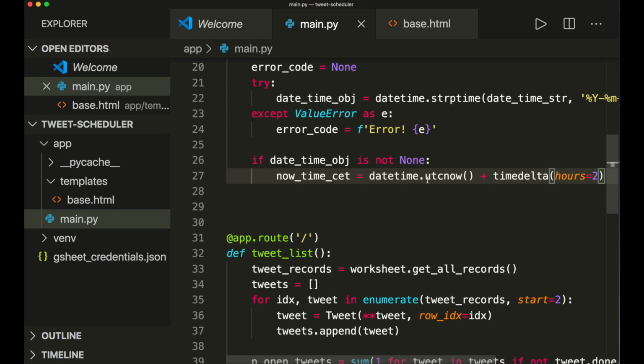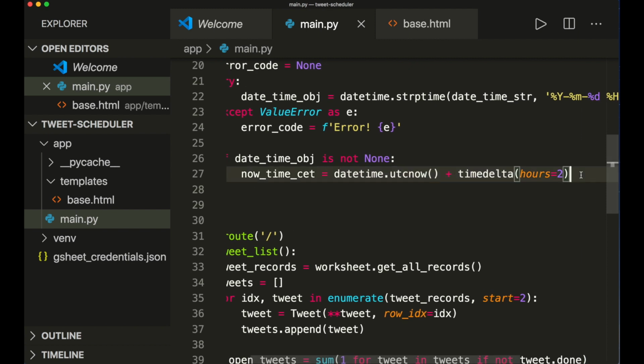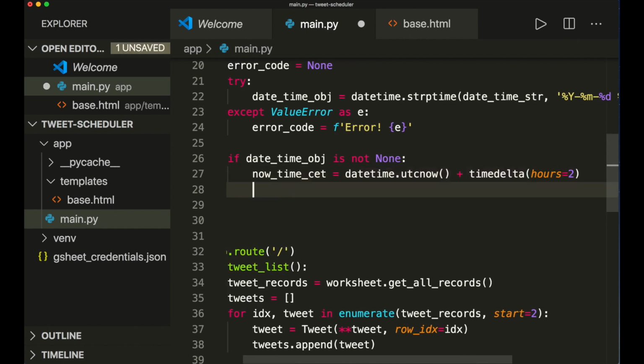Then if we do this, we always have the time in CET, because for me I'm doing the input in my local time, but on the server it might be different. So that's why we have to use this little computation here. So now we have the datetime in Central European time, and now we can check